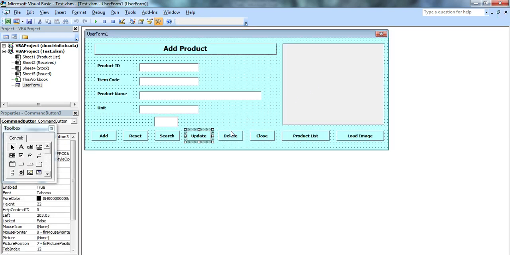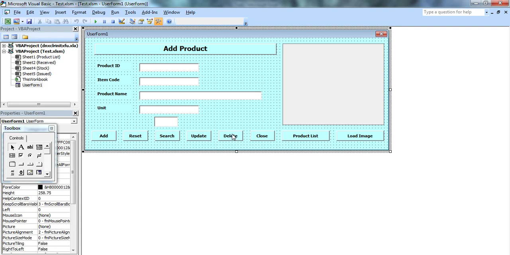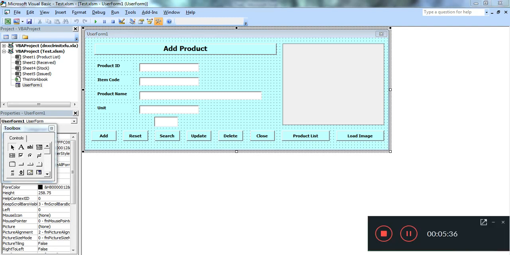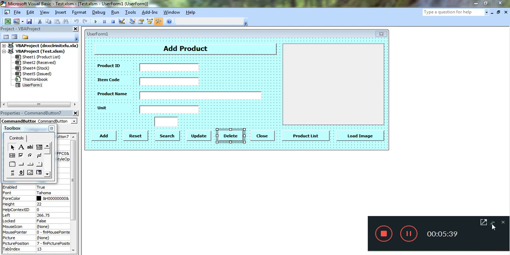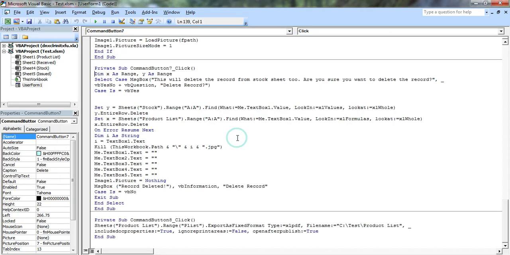Now we will go to the next button, which is delete. For the delete button, I already copied this code and pasted it here.